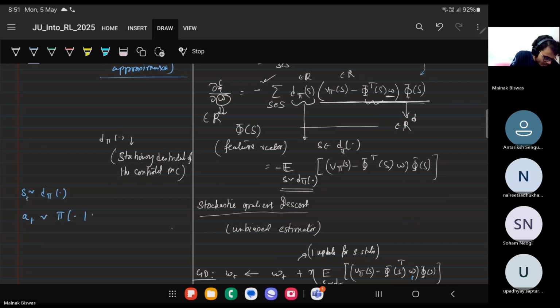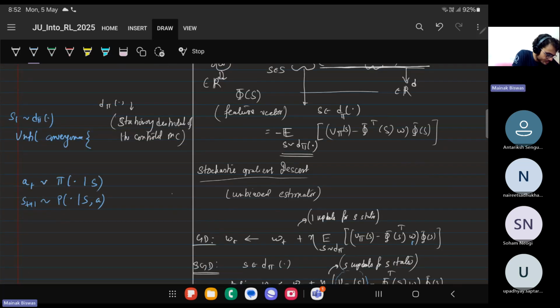policy, then until convergence. This will be outside, S_t from d pi, until convergence, S_t plus 1, comma A. Then what do I do? Just update. So you can set W_0 to be zeros and W_t plus 1 as W_t plus eta times